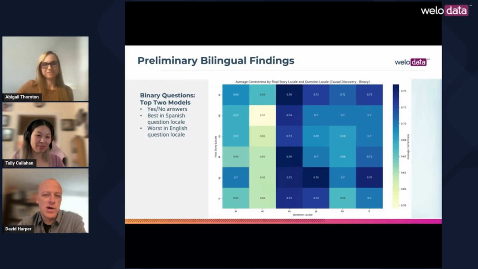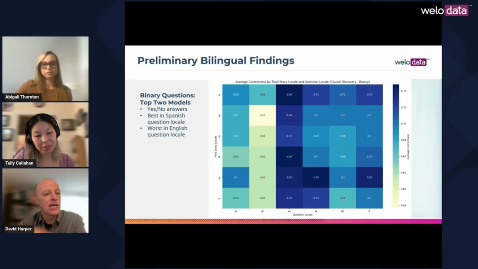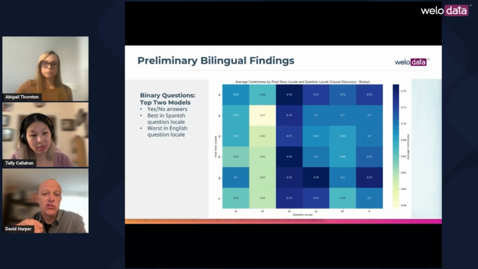So first, to the English question, why does English do so poorly on these binary questions? There is evidence from previous research that models are conservative when they're uncertain. As Abigail showed you, we have complex prompts. And when we have these complex prompts, we hypothesize that this may lead to some uncertainty, and therefore models are more likely to answer no. So we hypothesize that for English, this tendency may actually be amplified by the increase in training data. So more data translates to a more conservative LLM with a bias towards no.